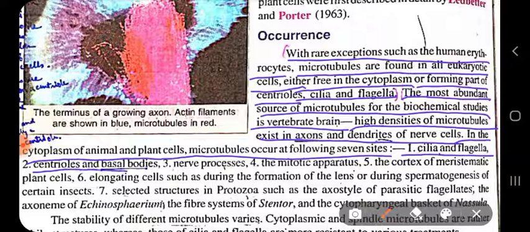Centrioles and basal bodies also are made up of microtubules. What are basal bodies? Actually, a basal body is a protein structure found at the base of eukaryotic